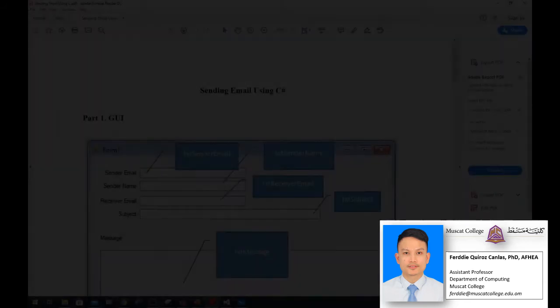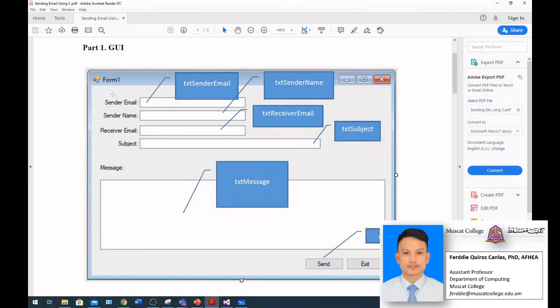The coding process. As you see, we have the controls here. We have text boxes, 1, 2, 3, 4, 5 text boxes, and we have 2 buttons here. The first button is send and the next button is exit. So basically